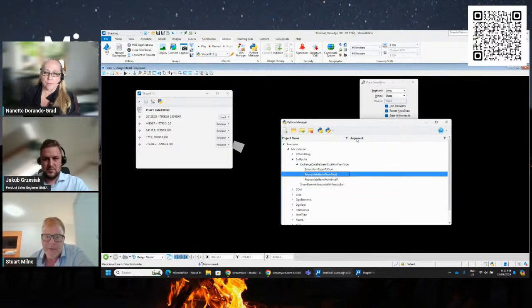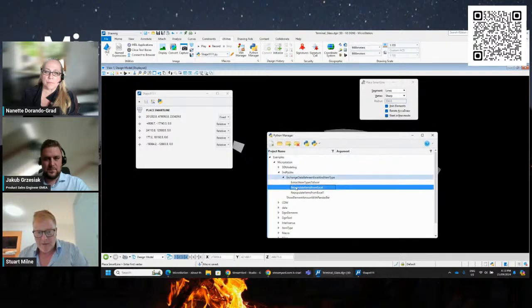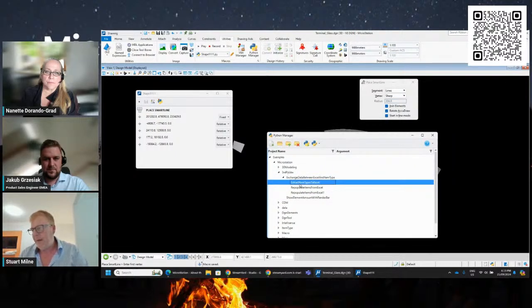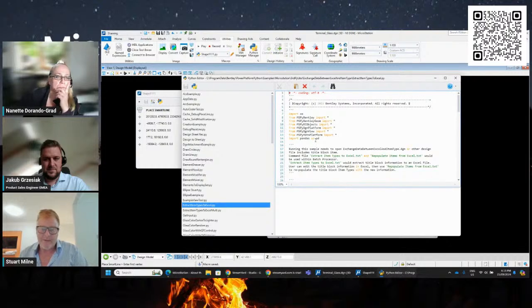So what you can do, you can look at this one and say, okay, I'm quite interested in doing that. I've got loads of objects in my model that have some item types, and what I'd like to do is spit all those to Excel and use the power of Excel to make those edits, and then push those changes back into the objects. What we've done with this example is applied it to title blocks. So if you've got, and I'll just open this up actually, and this is the inbuilt editor within